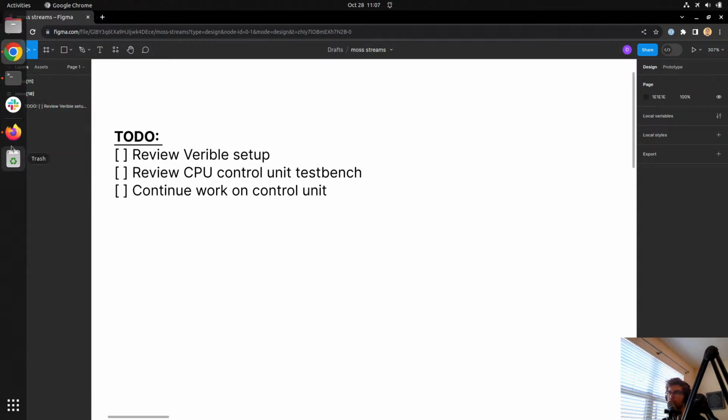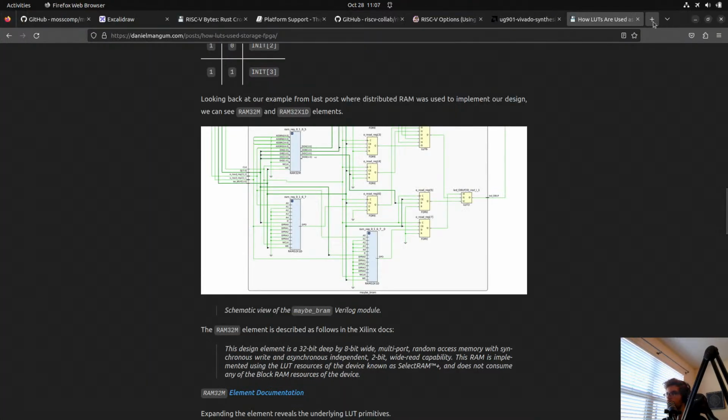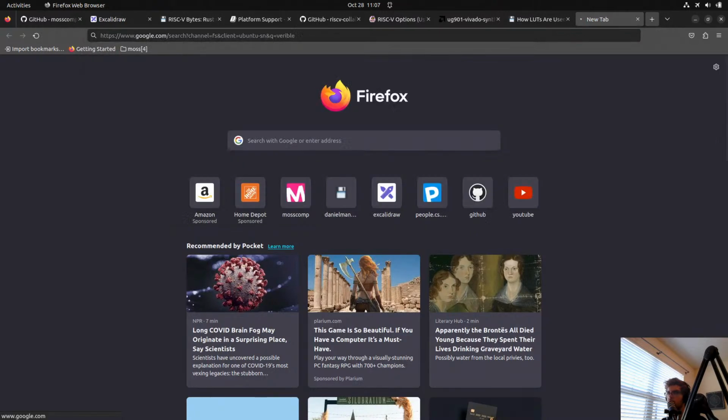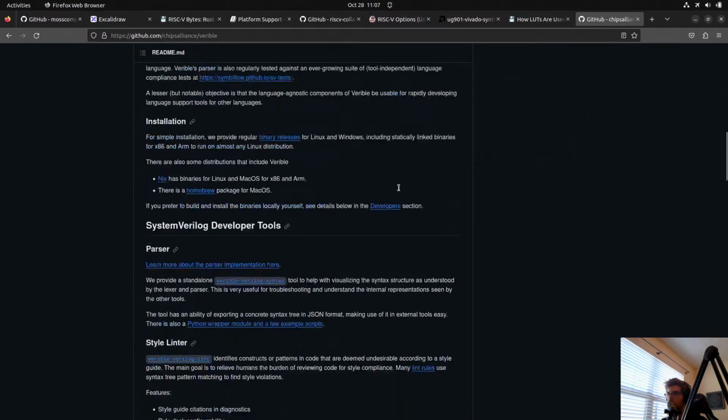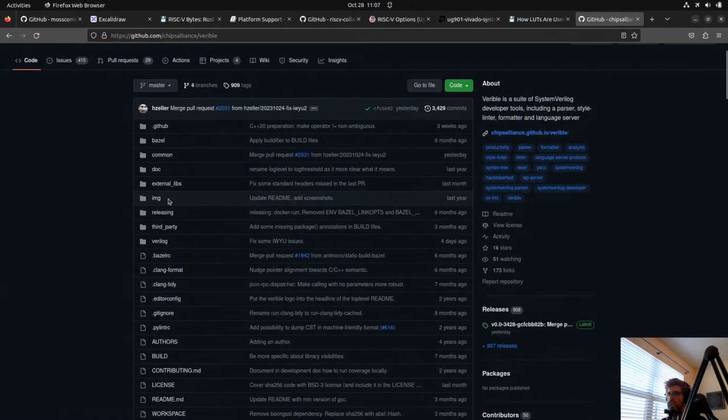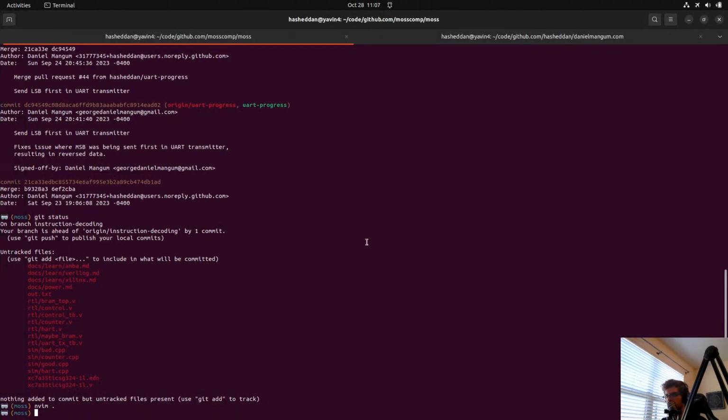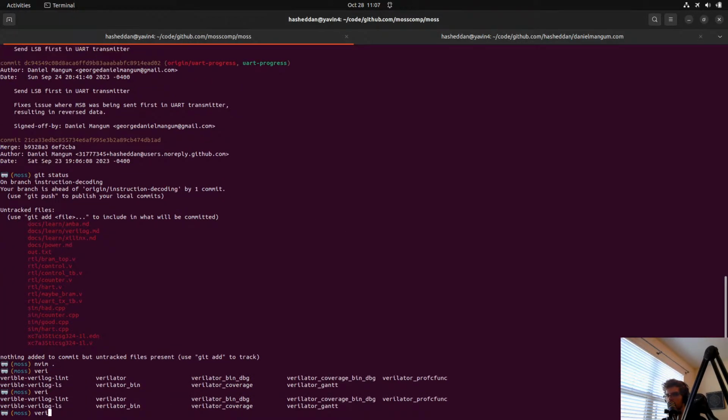So let's pull up variable here. Variable is, as it says here, a suite of SystemVerilog developer tools, including a parser, style linter, formatter, and language server. What I am doing is setting up variable for linting. So if we type in variable Verilog lint here, we can lint any of our RTL.